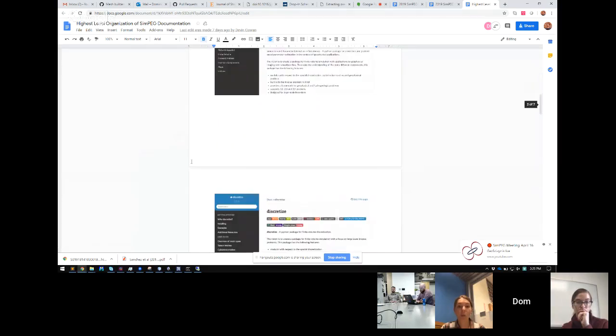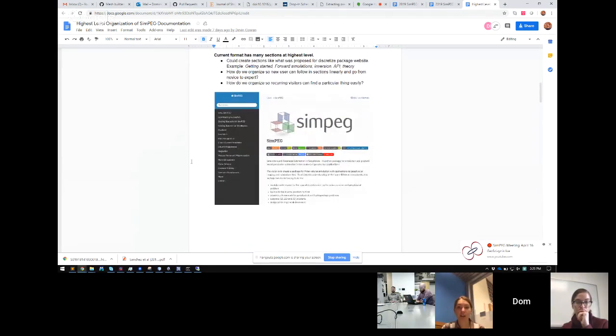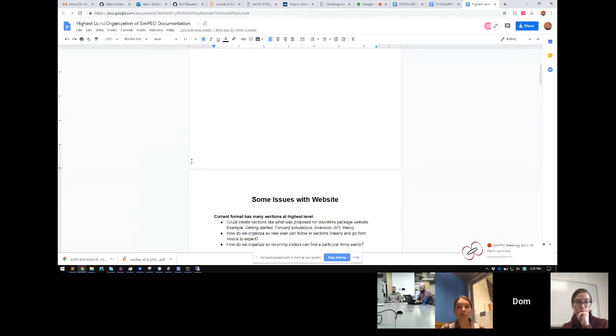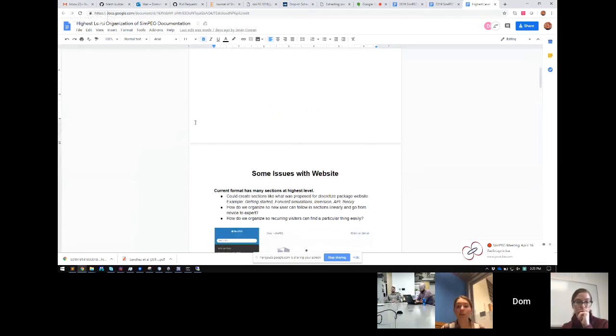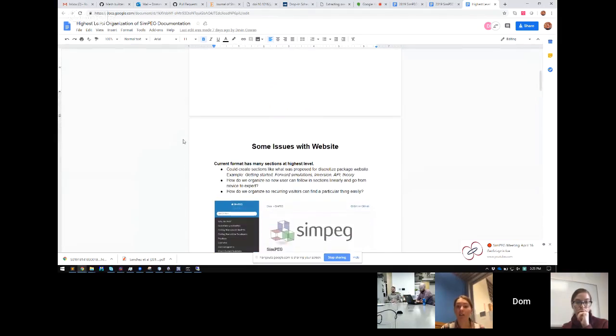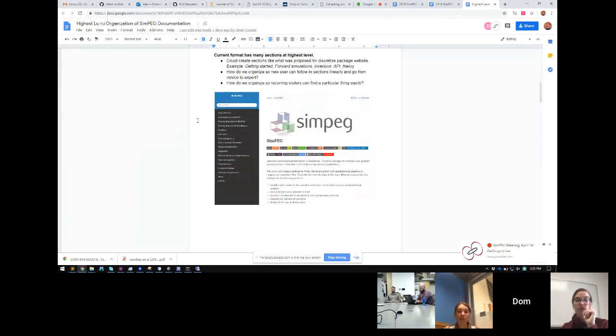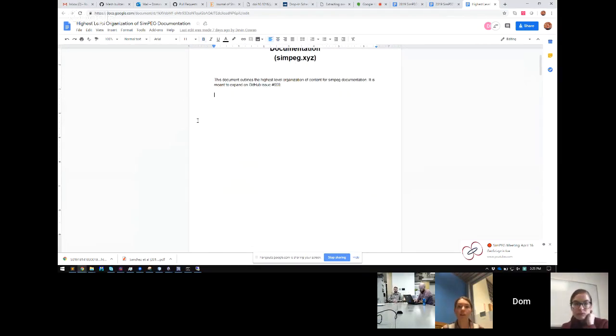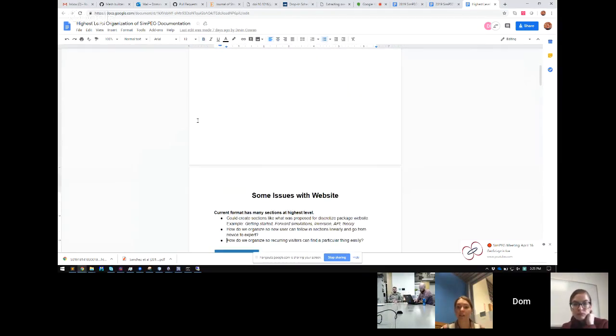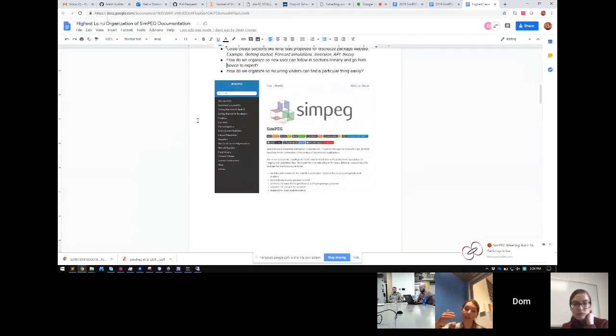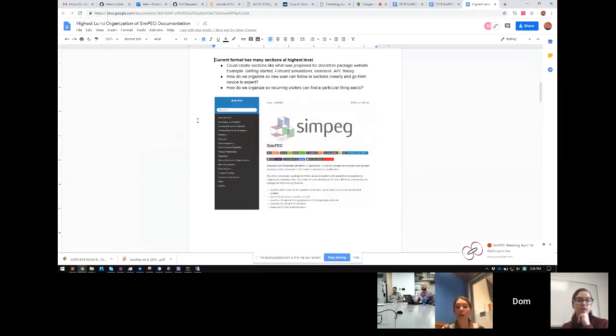One quick comment for clarification. The main URL for the SimPEG docs is actually docs.simpeg.xyz. Ooh, okay. And Rowan, I talked to him this weekend, and we're going to start sketching out a light refactor of the top level site, like SimPEG. Oh, yeah. But just as a point of clarification.